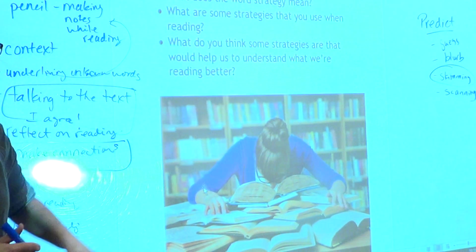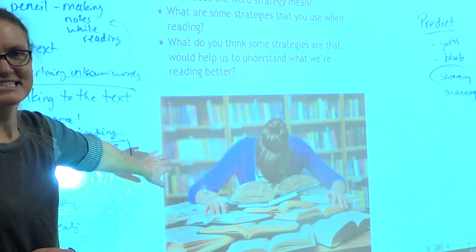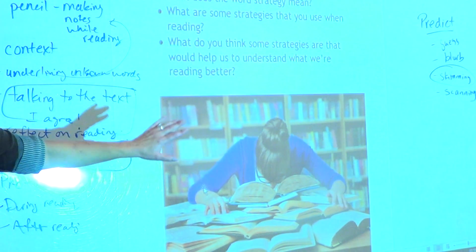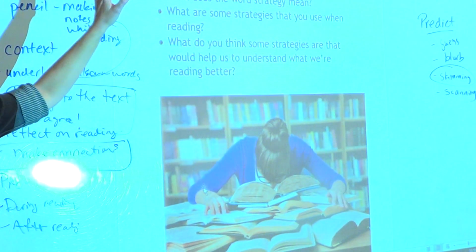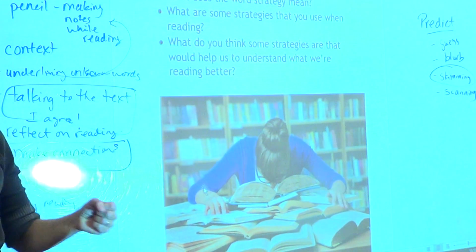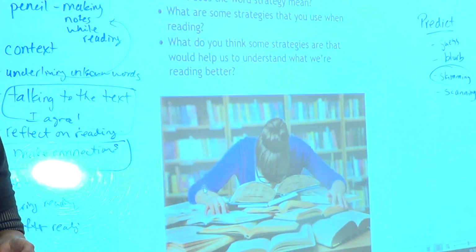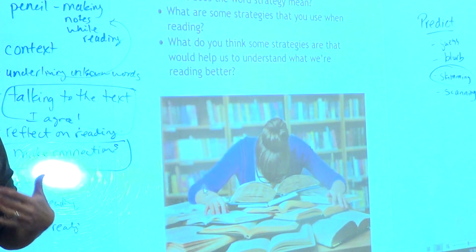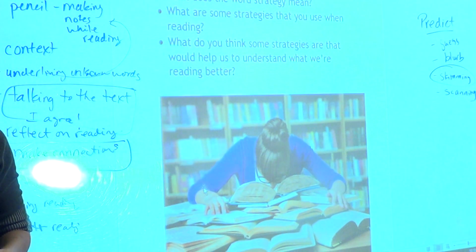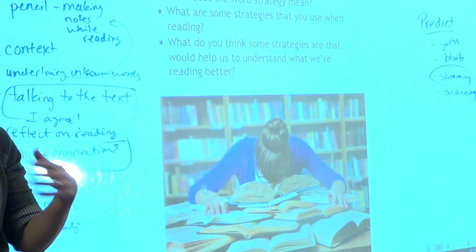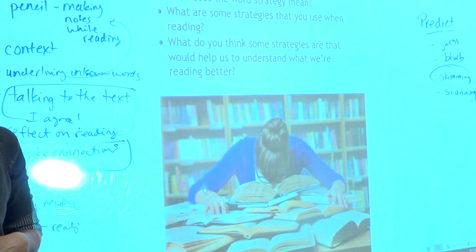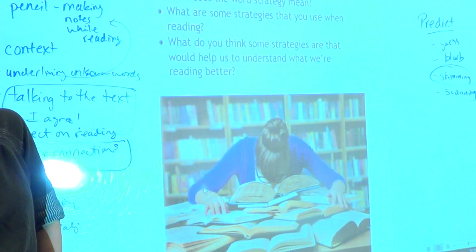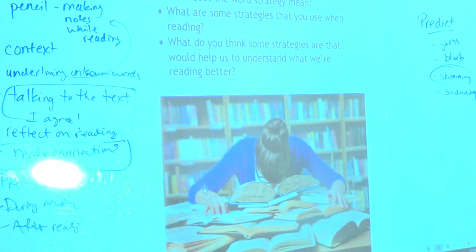Okay? I like what he said. Sometimes people like this in this class and sometimes they don't. I like what he said about people. They did a survey with children. You guys aren't children, but he was talking about children. If they're allowed to choose what they want to read, their understanding will be a lot better of what they're reading. It's the same with us as adults. Like if we're allowed to choose the things we want to read, that can be good. Sometimes adults are though, they're like, Jamie, just tell me what to read and I'll read it. But no, it's better if you choose what you want to read because you're going to understand it better. Yeah. Okay, so